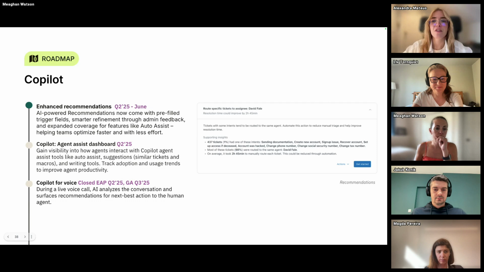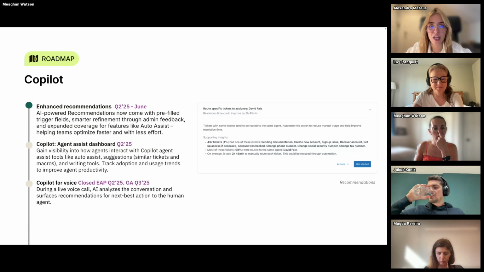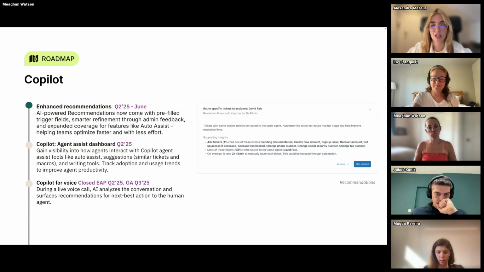Yeah, really quickly. 3 things that I want to speak to on a high level. One of them, Jakub just mentioned, is the Agent Assist dashboard from Copilot, where you'll be able to see a lot of those analytics related to how the agents are using all of the Agent Assist features, as well as their success, the ones that we are able to detect, obviously. Which is really great. It's going to have a lot of information in 3 tabs, and it's coming out. And I know it's something that everyone has really been asking about.